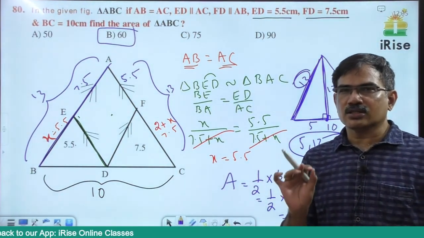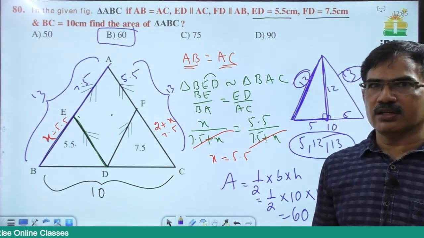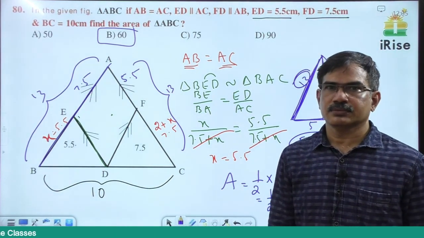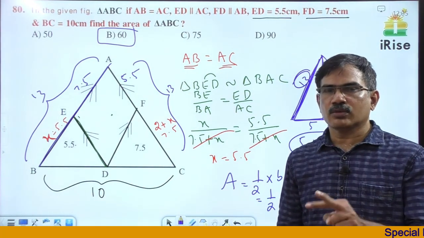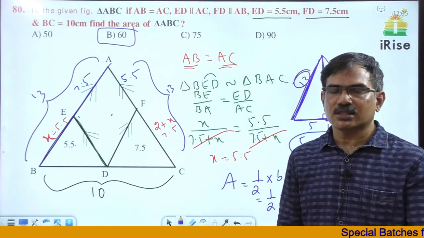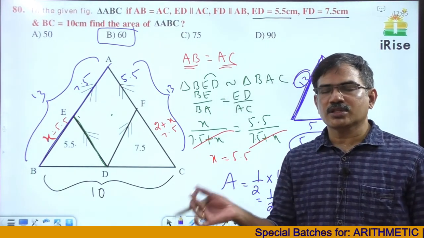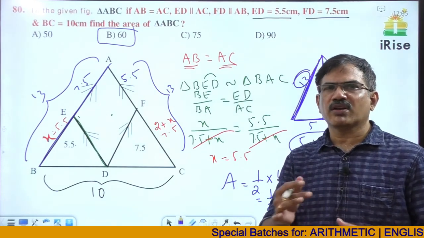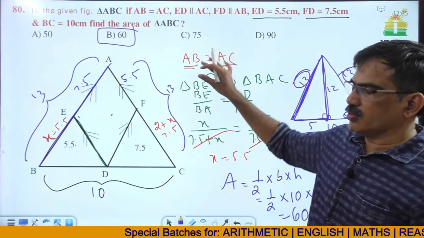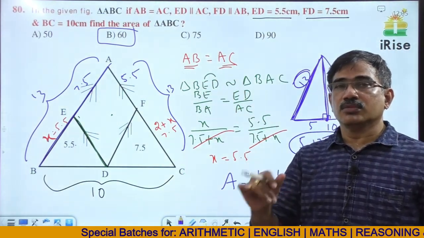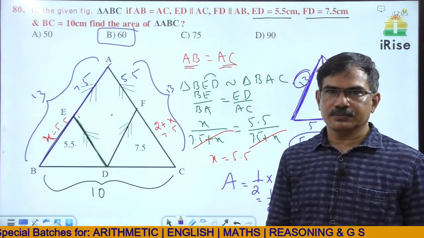Sometimes understanding is also difficult, when understanding the concept is difficult, if you don't know the basics of geometry. Already I have told, geometry and trigonometry are most important. Geometry is related to concepts and trigonometry is related to formulae. That is, concept is also there in trigonometry, but a number of formulae are there. You have to learn all the formulae by heart. In geometry also we have formulae, but basic concepts are important to solve the questions. It does not depend on only one formula.